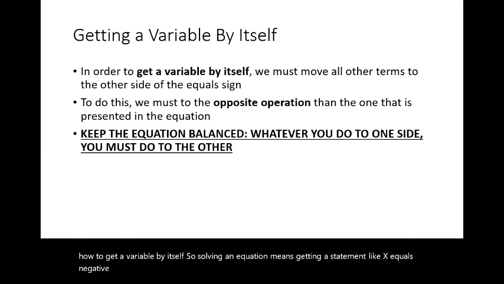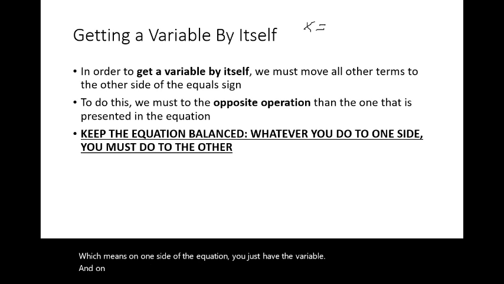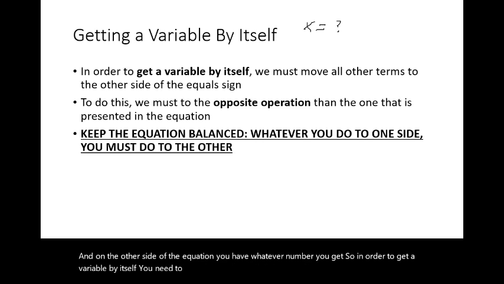So what essentially solving an equation involves is getting the variable by itself, which means on one side of the equation you just have the variable, and on the other side you have whatever number you get. So in order to get a variable by itself, you need to move everything else to the other side